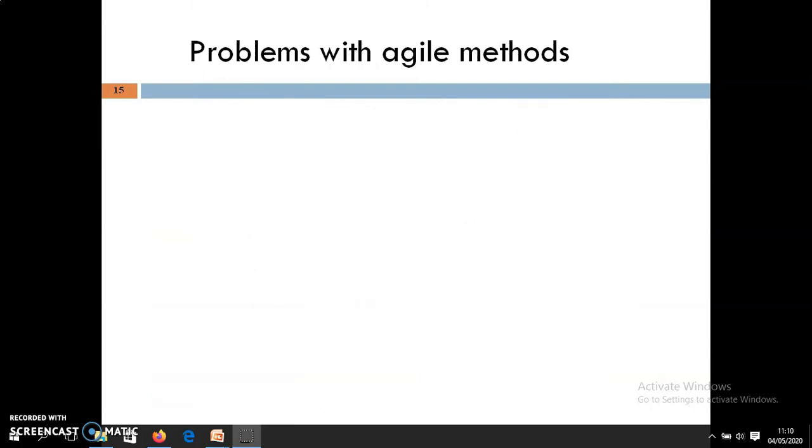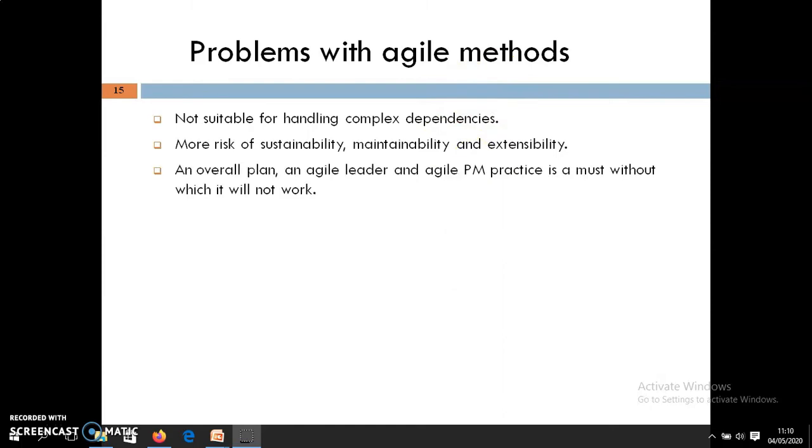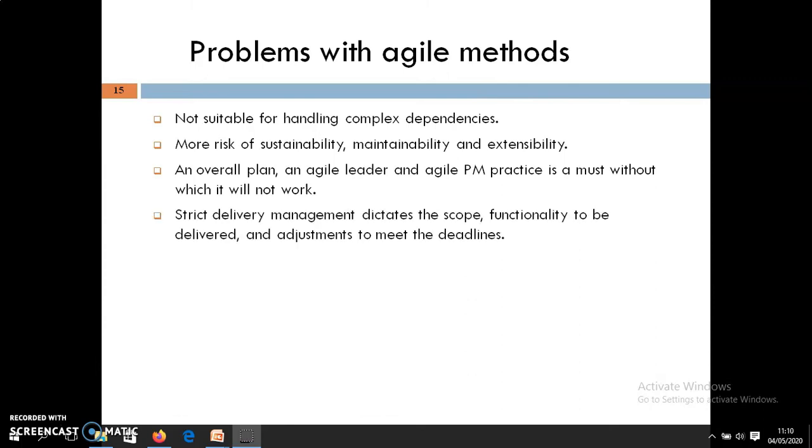Problems with agile methods: not suitable for handling complex dependencies or problems, more risk, and issues with sustainability, maintainability, or extendability. The overall plan of the agile leader and agile project manager practices must be there, without which it does not work. So strict delivery management dictates the scope, functionalities to be delivered, and adjustments to meet the deadlines.